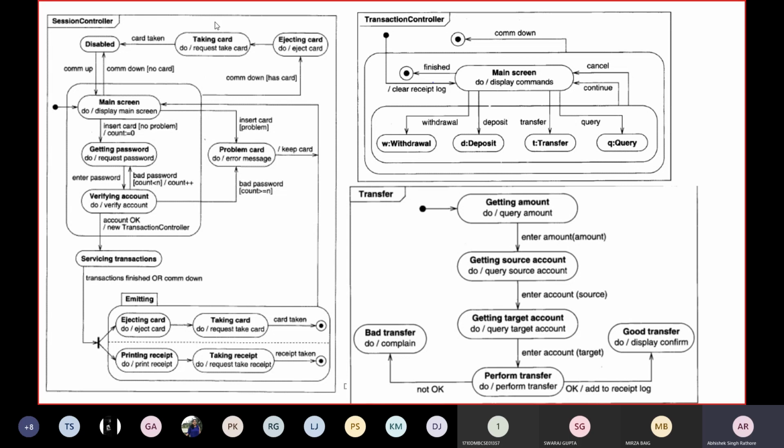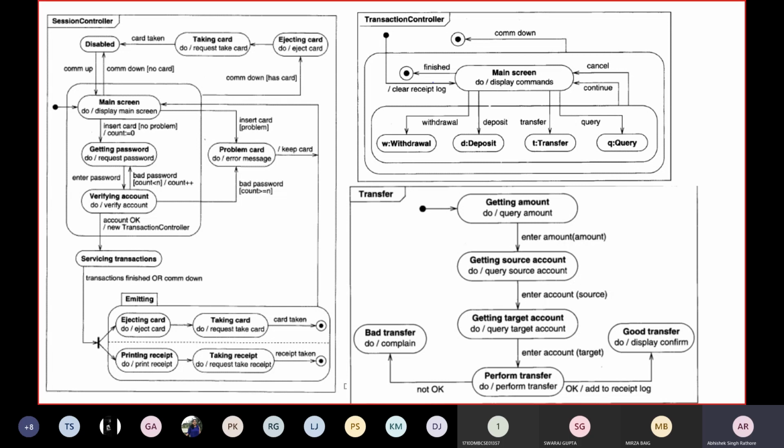Here you are creating a session, and here you are making a transaction. In this case you verify that the user is valid or not, and in this case you check whether your transaction completed, or whether you have a sufficient amount in your account so you can withdraw, deposit money, or transfer money.